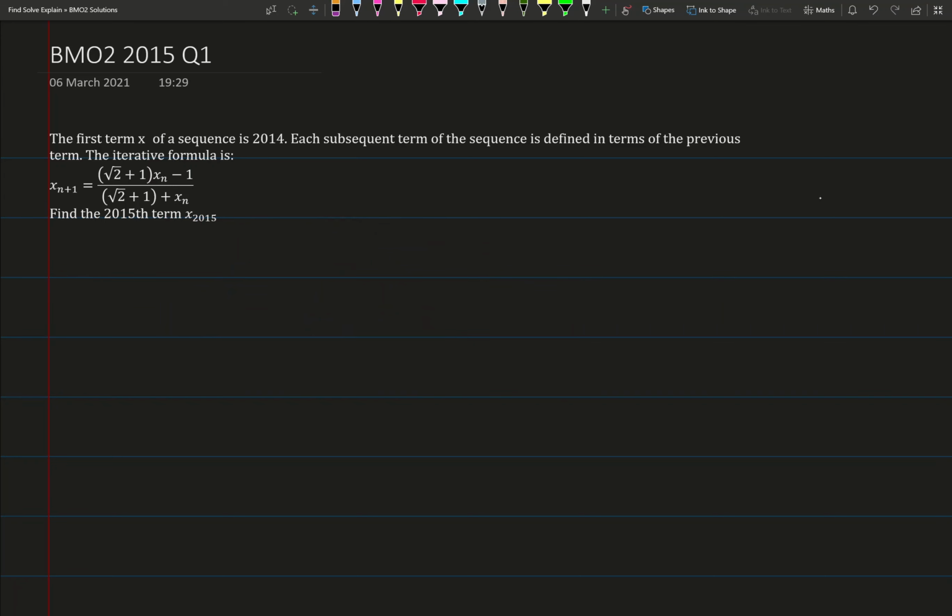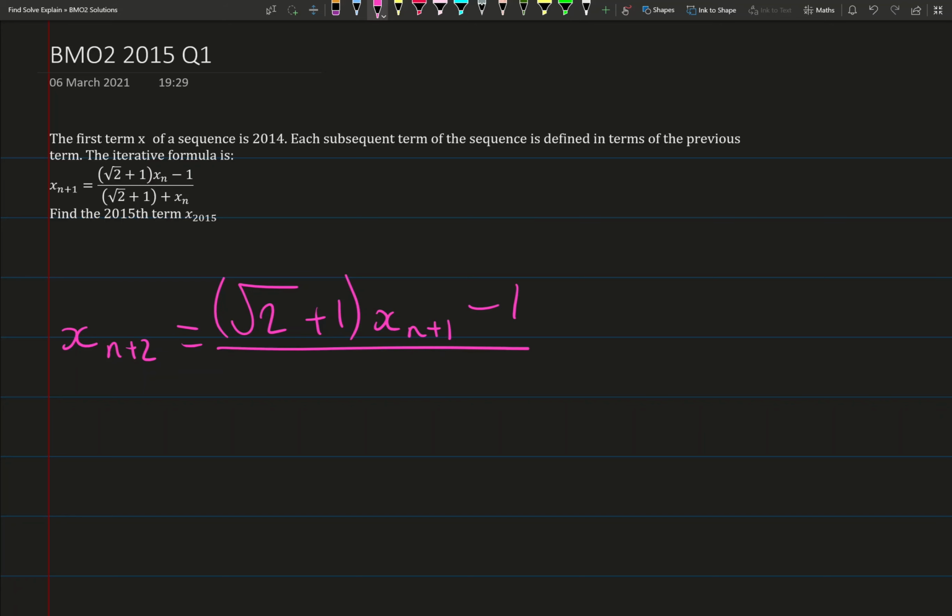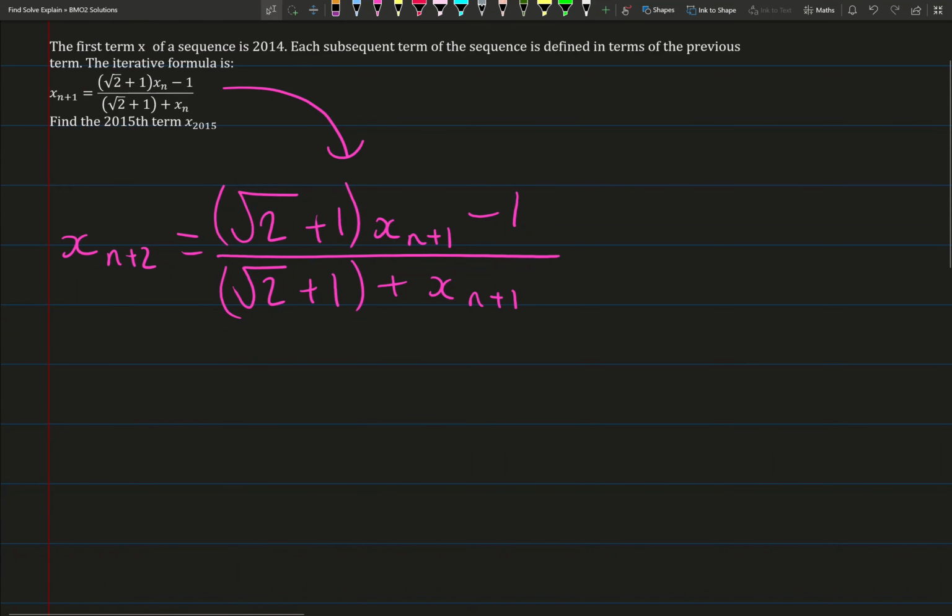So my first instinct would be to find x_{n+2} in terms of x_{n+1}, and therefore in terms of x_n. So x_{n+2} is this, so we can substitute this into x_{n+2} and this will give us